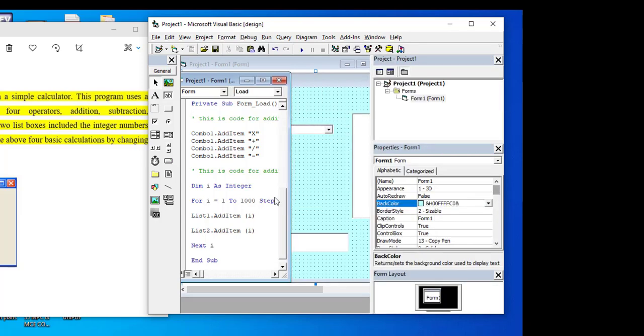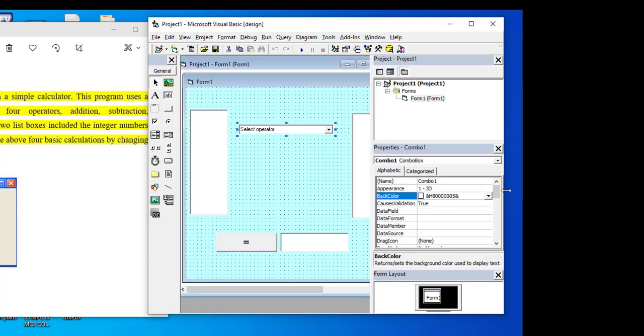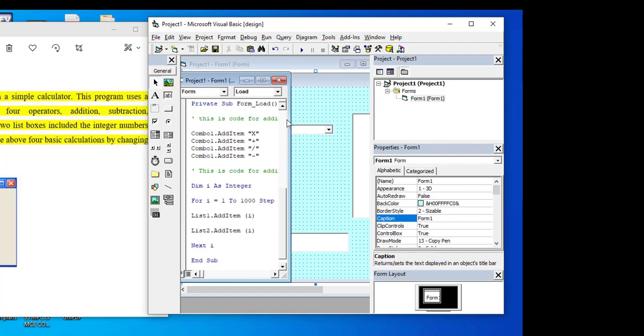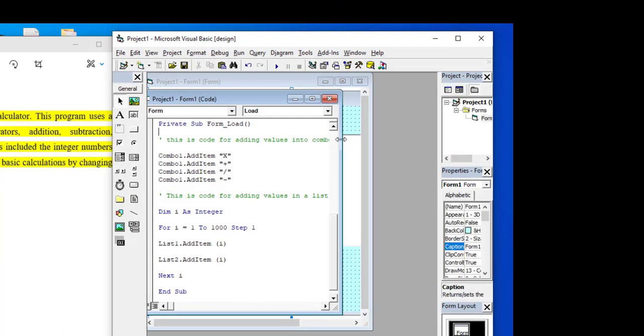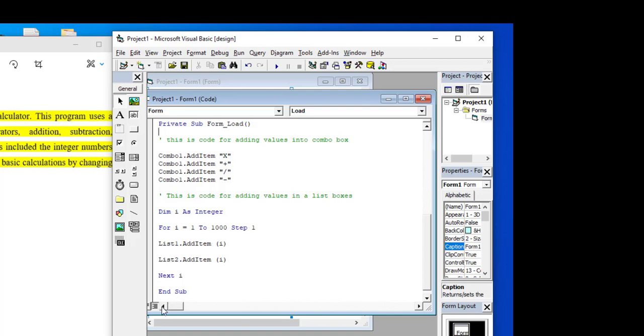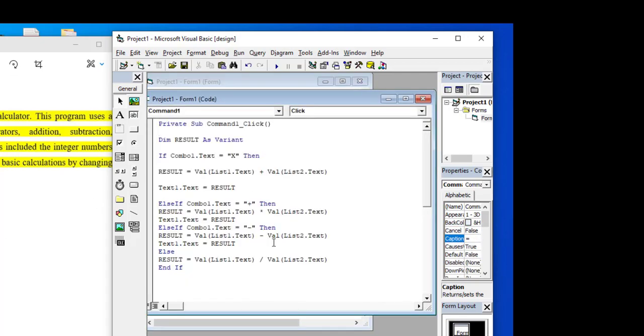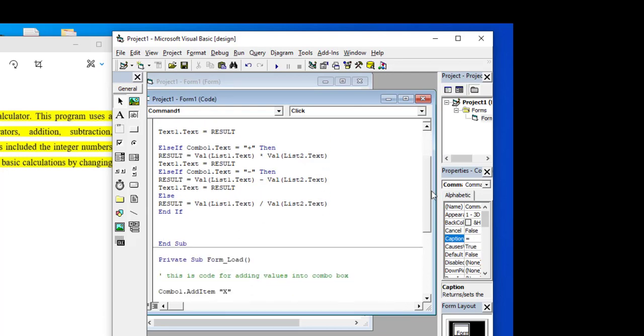Let us see the value of this combo box is here. Select operator. So let me use this one. Okay. Now I can say here, I can add another condition on this button. Down here I add another condition which says